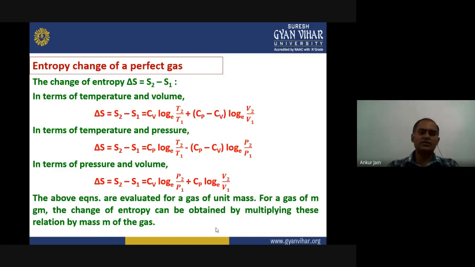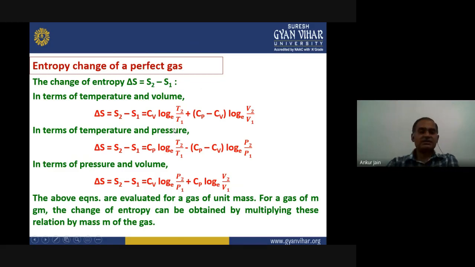So the change of entropy can be represented as delta S equals S2 minus S1, and that can be directly calculated if we put the integral limits in our generalized equation from state 1 to state 2 coordinates. So we can write all the three relations in terms of temperature and volume, temperature and pressure, and pressure and volume. That is delta S equals S2 minus S1 equals Cv log, it was T here